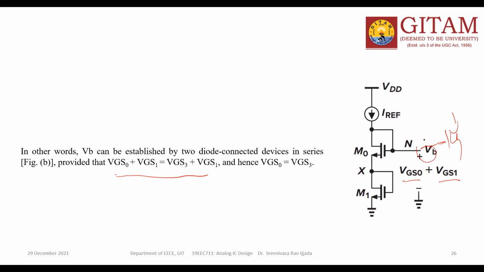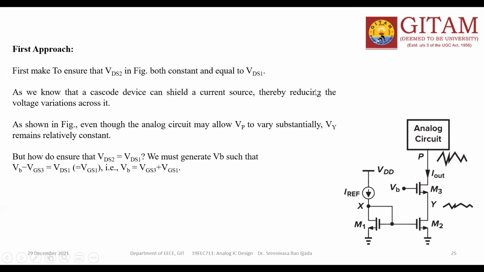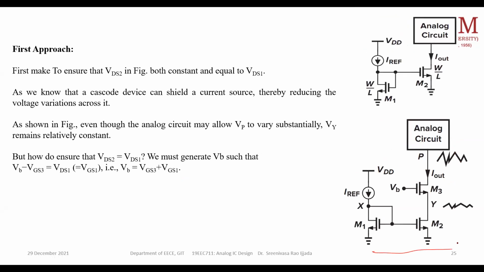So this is the VB value, you calculate it like this. VGS3 plus this, which we already short-circuited with the drain of M1. So once again you can see this picture, the entire picture. The next picture I showed recently is the generation of the VB. After generation of the VB, you can connect it to this one. That is why VB is equal to this potential. What is this potential? VGS3 plus this potential.